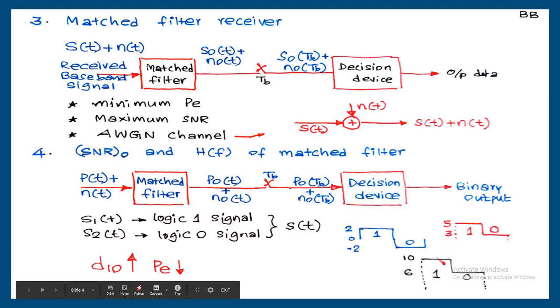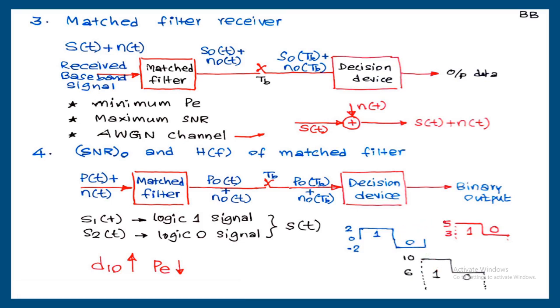So when you are comparing these two, you can say, for here, the difference is 4 volt. Here also the difference is 4 volt. Due to the difference being equal to 4 volt, the same noise is needed to get an error. Here actually we are transmitting higher voltage, that is 5 volt and 3 volt, but only 1 volt noise is needed to get an error. So these voltages are not the important thing. The important one is the difference between S1 of t and S2 of t.